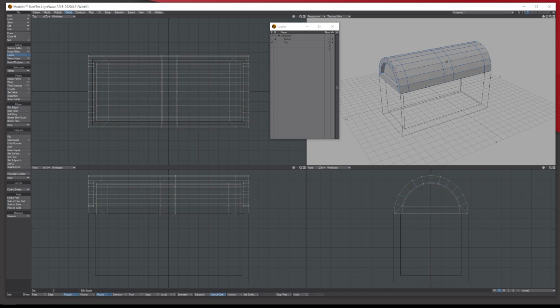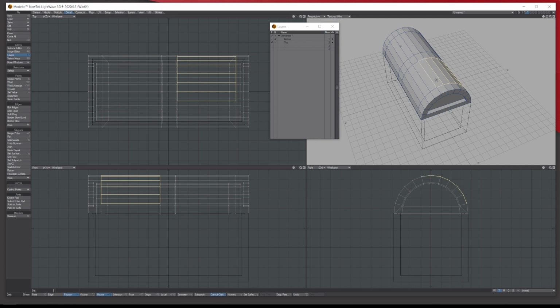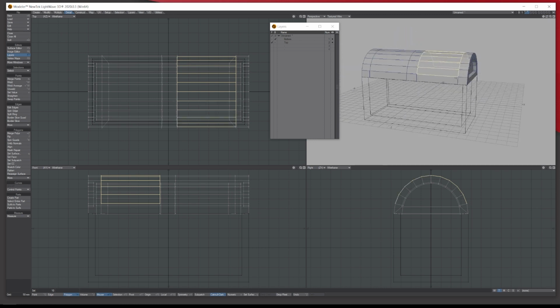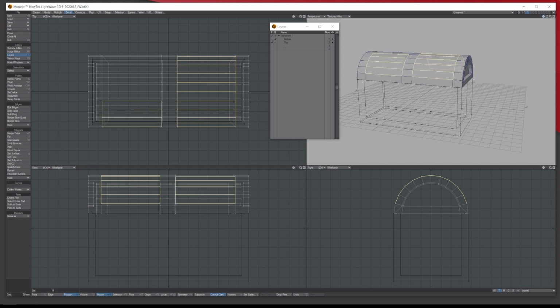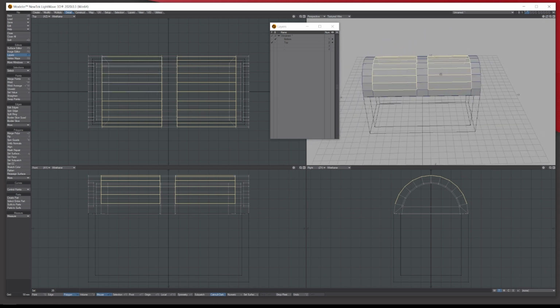So drop the tool by pressing spacebar. Make sure you're on polygons, and then what I want you to do is select all these polys here, not the bottom ones, just the ones of the top of the arch of it going down here. So you're leaving a border all the way around, and then do the same by holding shift, because I'm selecting more polys on this side. Okay, and this is the bit I want to be wood, and I want to bring it in.